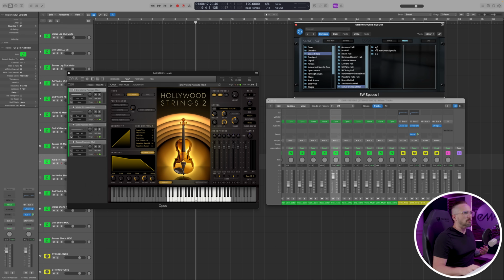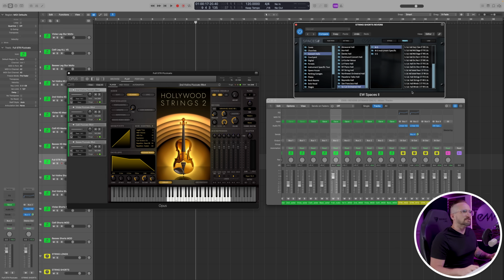This is another one of my go-tos, and I really love these instrument section specific impulse responses. So each one of these was actually sampled from the place in the stage where those sections would typically sit in an orchestra. This is not a software emulation or a simulation. These were actually, again, sampled from those physical locations. So they really just work beautifully together.